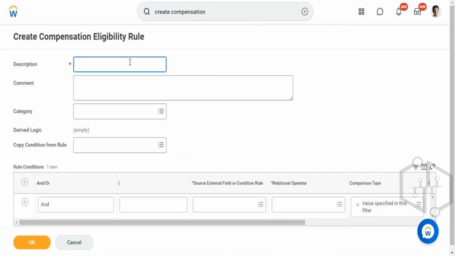So you'll be defining some kind of description. Let's say you want to restrict this to specific organizations above vice president, whatever the eligibility rule that you are defining. If you want to specify a specific supervisory organization or specific job level team members, you'll specify it just to identify easily whenever you are configuring this to pay components. Okay, so now I'll be giving